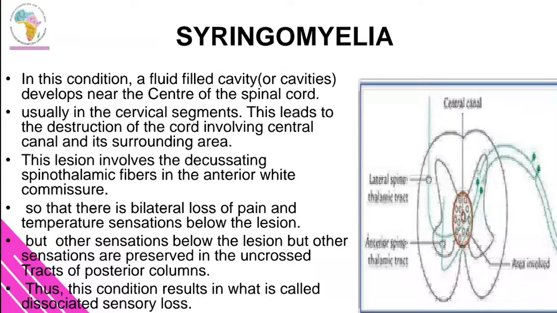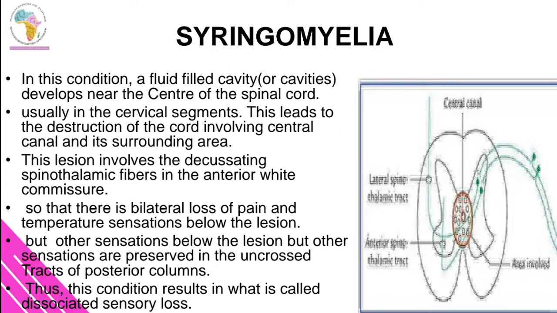So syringomyelia is just an accumulation of fluid in the spinal cord. This tends to affect mostly the cervical segments, and leads to the destruction of the central canal and the surrounding areas. So in the case that this cavity has been formed in the anterior white commissure,